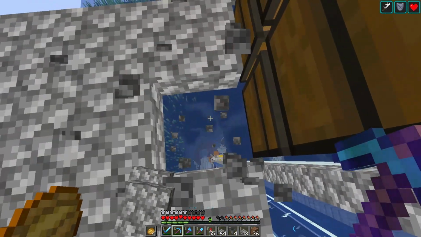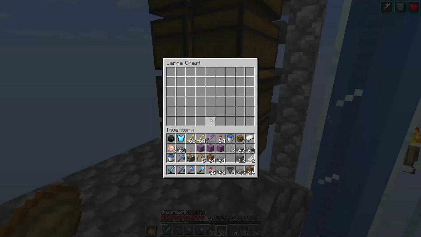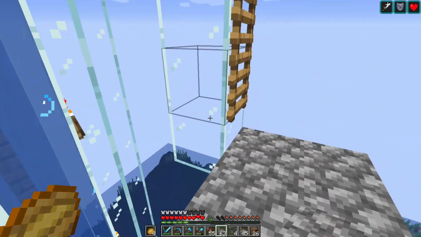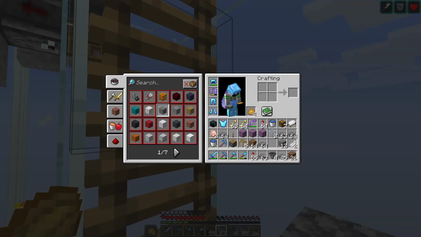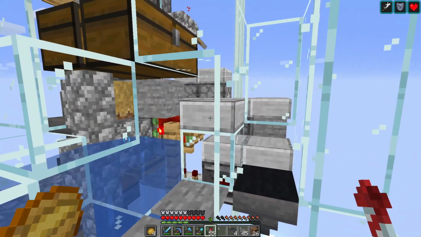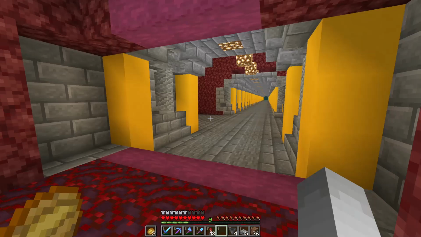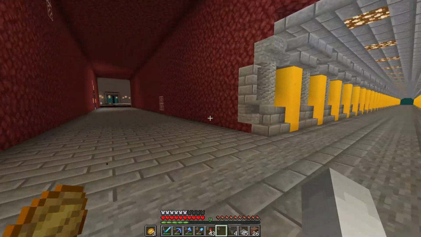And we should be good to go. So chests are empty, and we should be ready to start using this raid farm. All we need to do is to get Bad Omen. Actually, I just realized one more thing that we're going to need to do. We're going to have to...